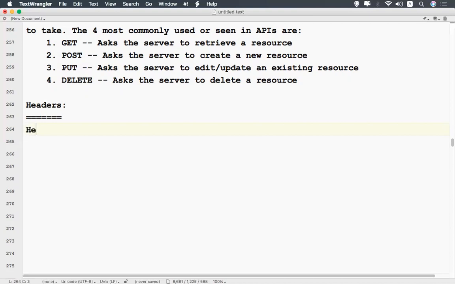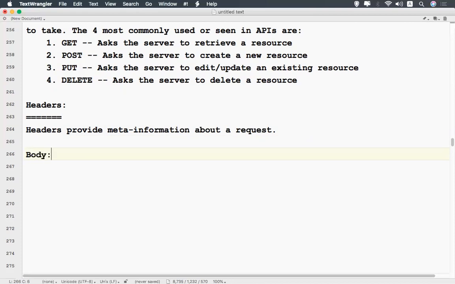So headers provide meta information about a request. Okay, so it will provide some information about the request. And what exact that information is, everything we will see. Here we are seeing only high level.